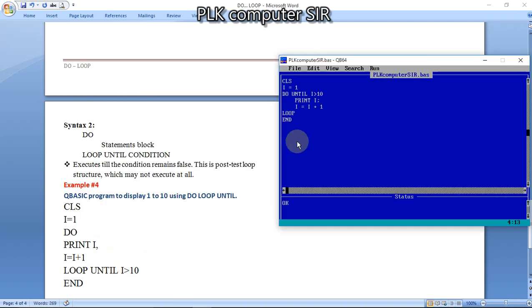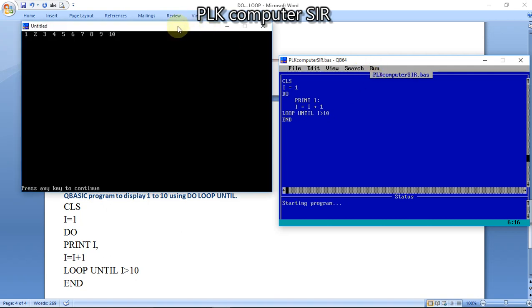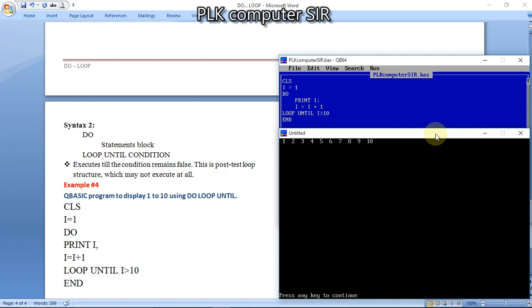Now I'm editing the same program. Do print I, loop until I greater than 10. If we write greater than 10, then it will work. I am using a semicolon, that's why it is coming one after another. 1 2 3 4 5 6 7 8 9 10.